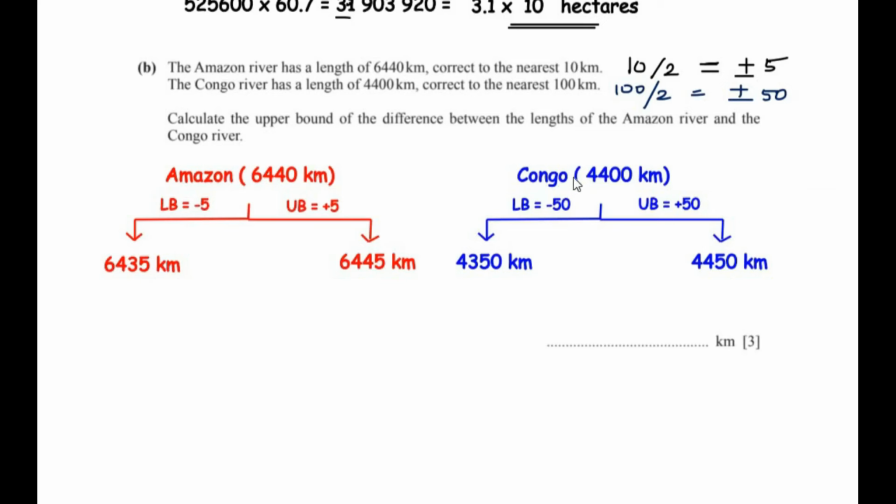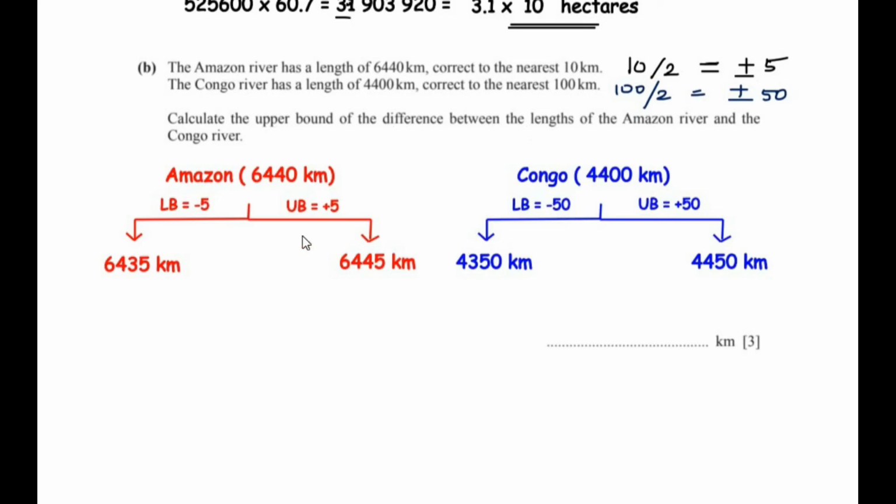Now using the same thing, I found out the length of the Congo River. When you add 50 to 4,400, you get 4,450. And when you subtract 50 from 4,400, you get 4,350 kilometers. Now this becomes important. We have to find the upper bound of the difference, which means we have to